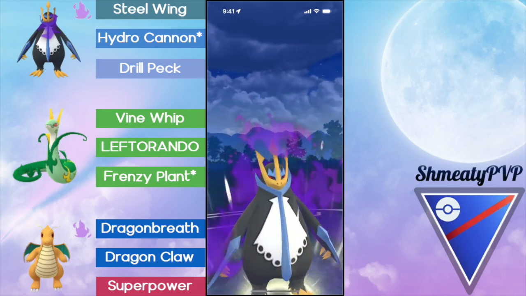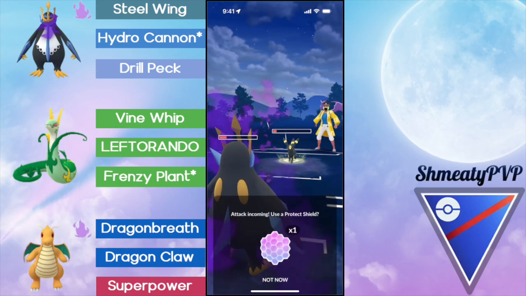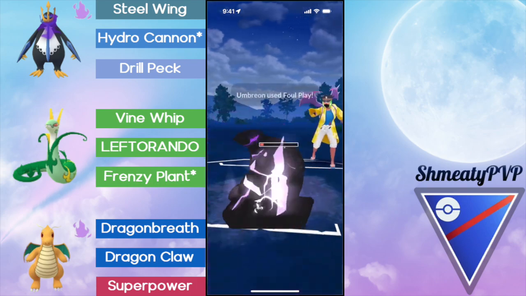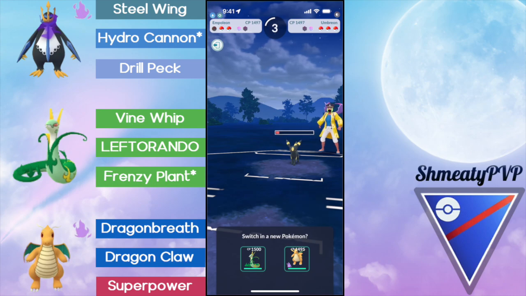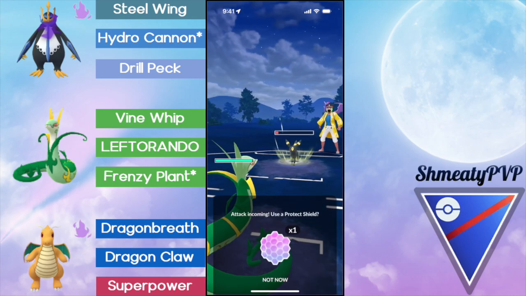Hydro Cannon would do some substantial damage onto the Umbreon. They let it go, and this is fine. At this point, I don't really need Empoleon anymore, so we're just going to go ahead and let it go. The Foul Play is going to take us out, but now we can farm down with whatever we want. And of course, it's going to be LEFTORANDO, bringing in the Superior so that we can get the farm down